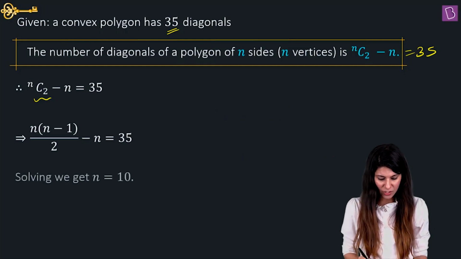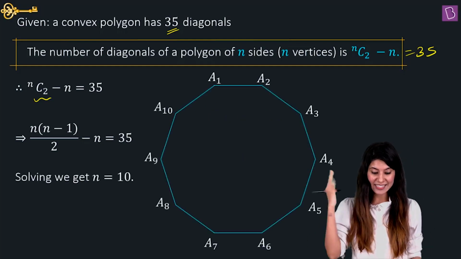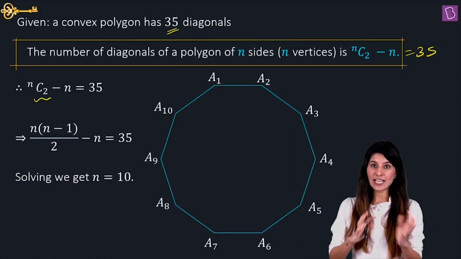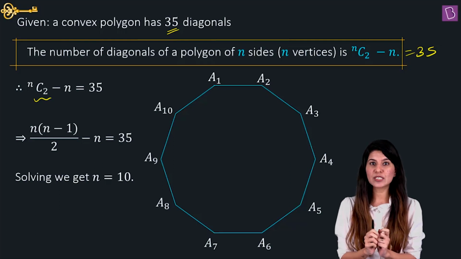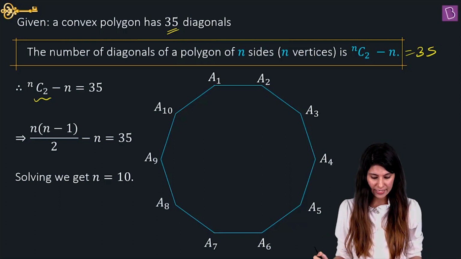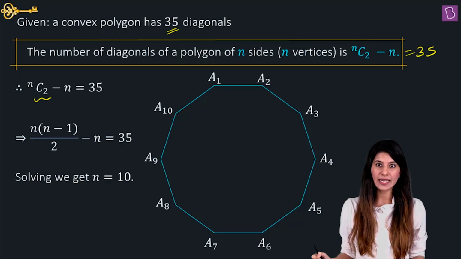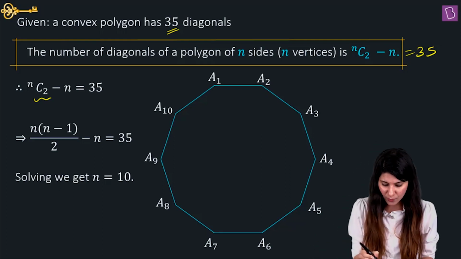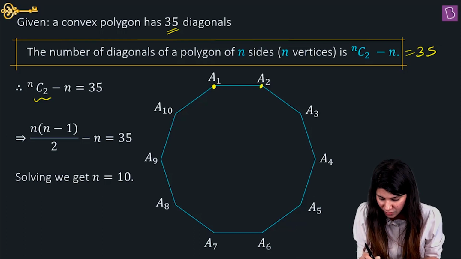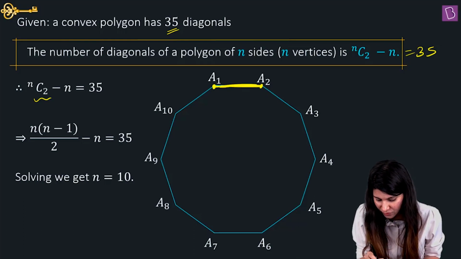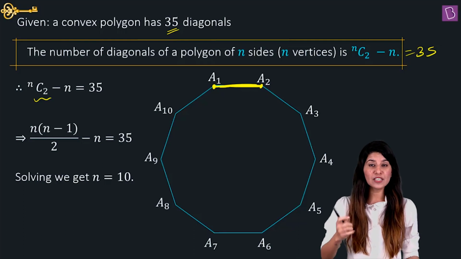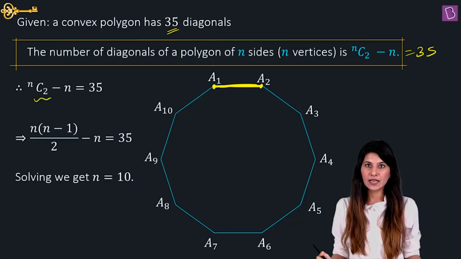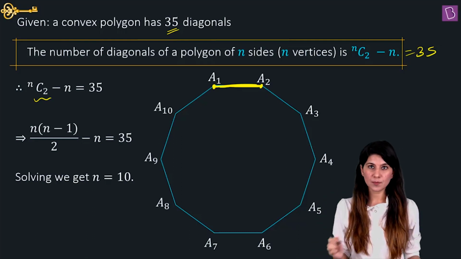That means this particular polygon has 10 sides, just like this. So this seems a beautiful polygon. Now as per the question, the language written in the question says that exactly one side should be common to a side of the polygon. Exactly one side. So suppose I select this particular side, right? So for one side we have made it common. We need to make sure the other sides cannot be common with this particular polygon, right?